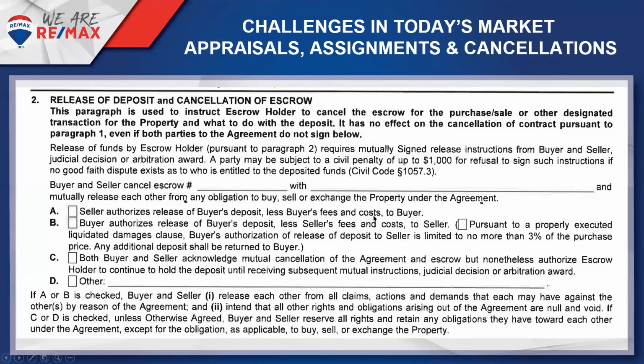Simply call up the escrow company and say, is there a cancellation fee? I'm sure there isn't, right? And then debate with the escrow company. If they think there is, try to get them to agree no, so you can check either A or B. Because if you check D and say entire deposit of buyer deposit shall be refunded to buyer, the problem with